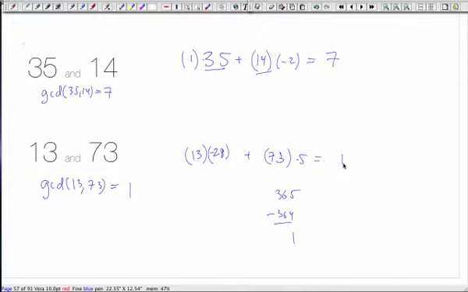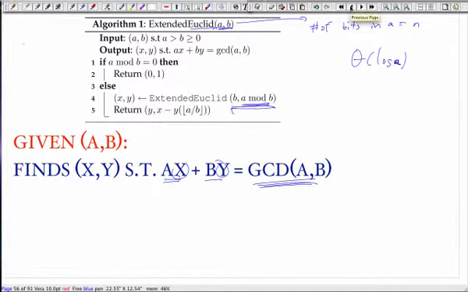This is a 2,300-year-old fact, okay, that you can compute the GCDs quickly, and in fact, there's an algorithm for computing the numbers such that you can add multiples of these two in order to compute this, to get this GCD. This will be an important fact in this RSA algorithm.